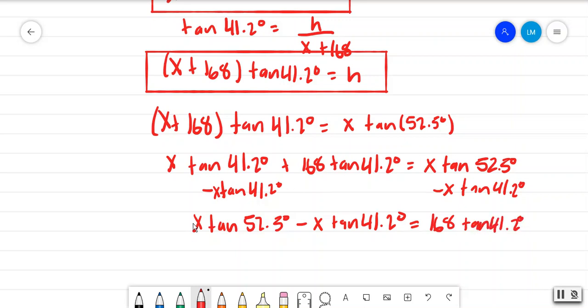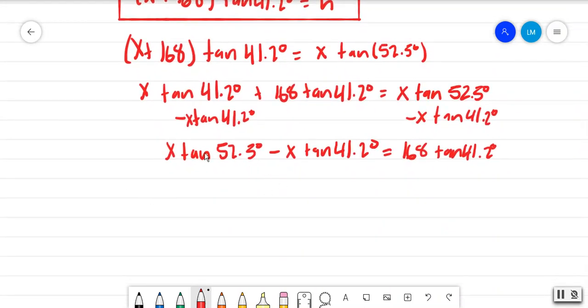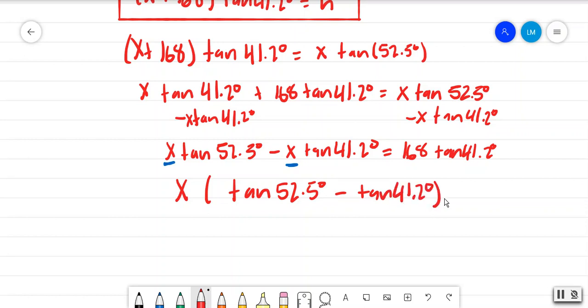Now, the next step is that you identify that there's a common factor. That common factor is x. So you end up with x multiplied by tangent of 52.5 degrees minus tangent of 41.2 degrees is equal to 168